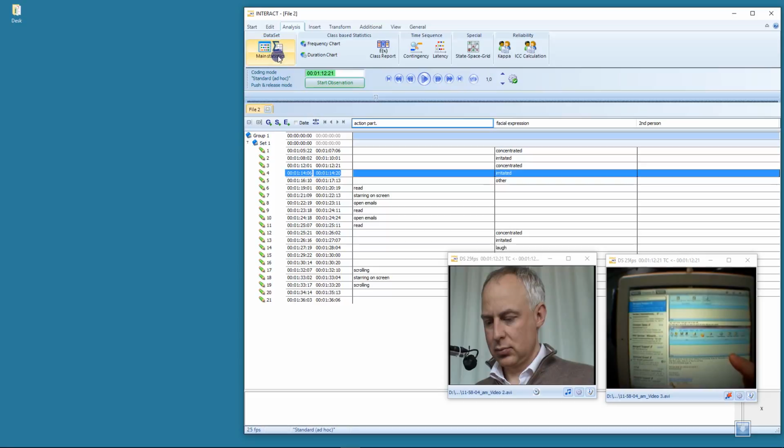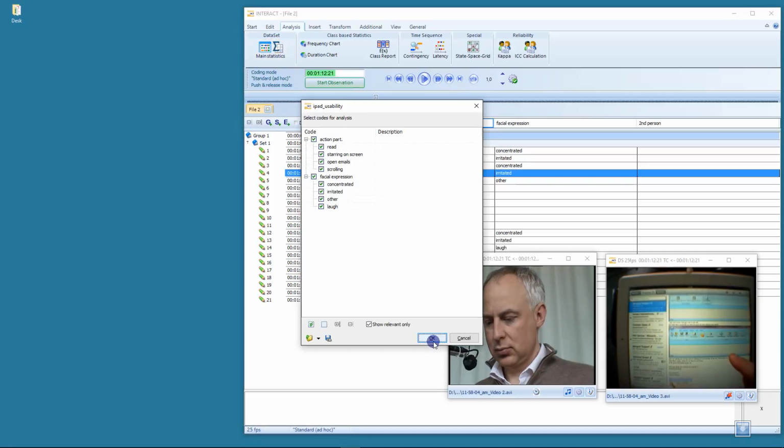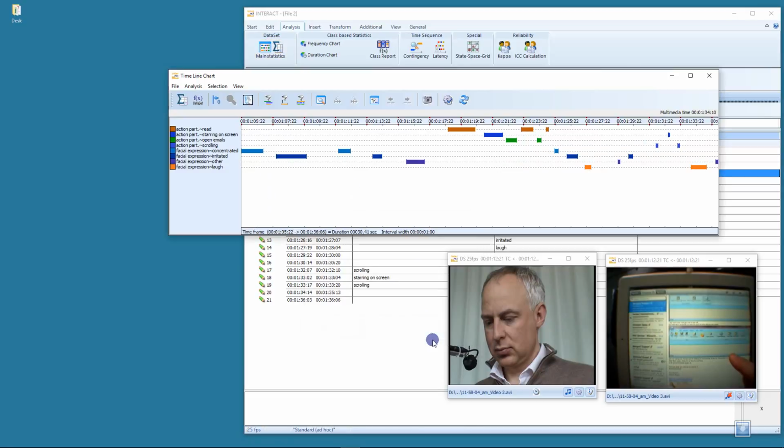Let's go to the main statistics to see the timeline chart. Now within the timeline chart I see that the participant is concentrated here, but he's getting irritated here. He's concentrated here again, getting irritated here. Concentrated here, getting irritated here. Now this is very interesting because we only have to code the concentration and the irritation, and then we can